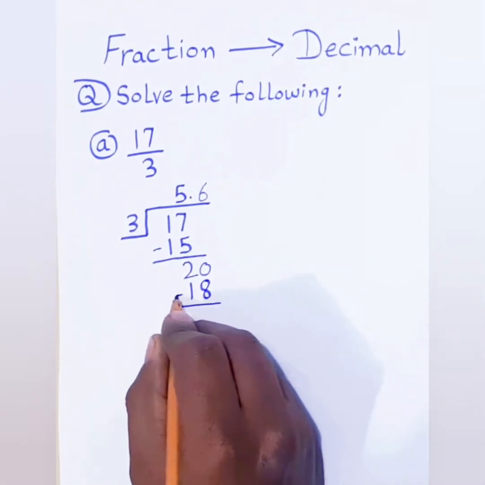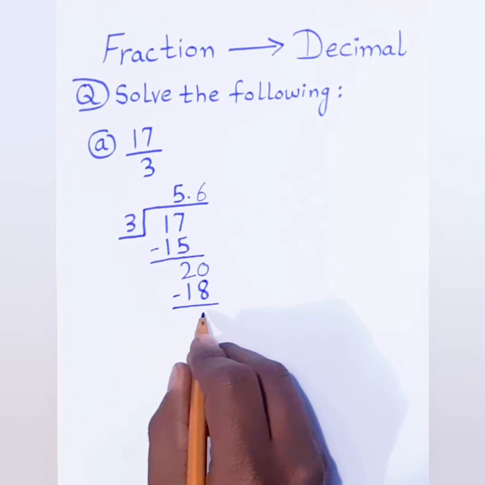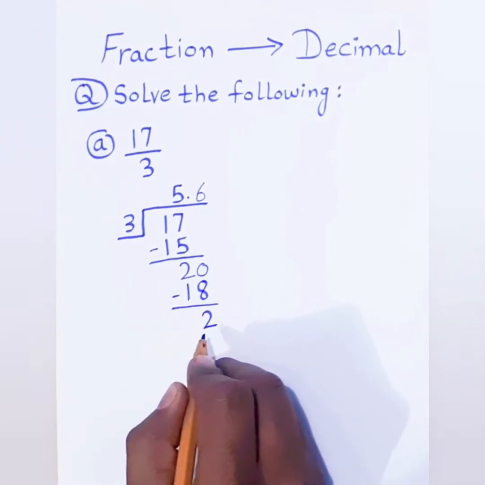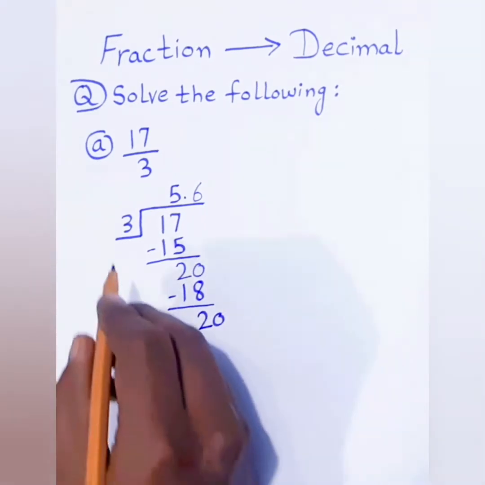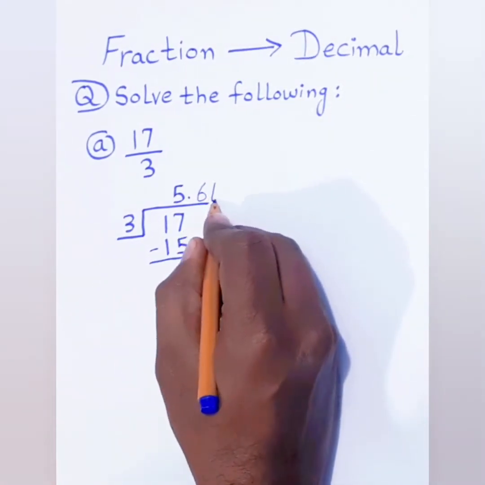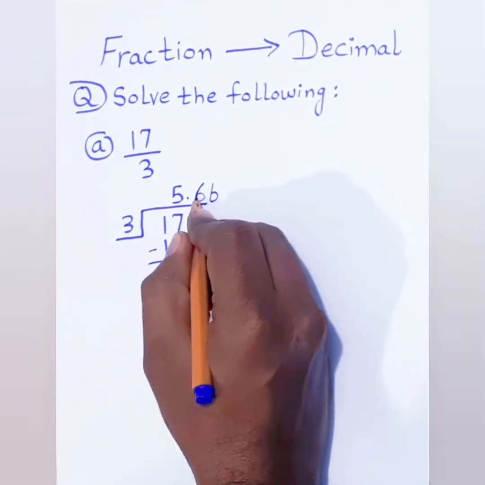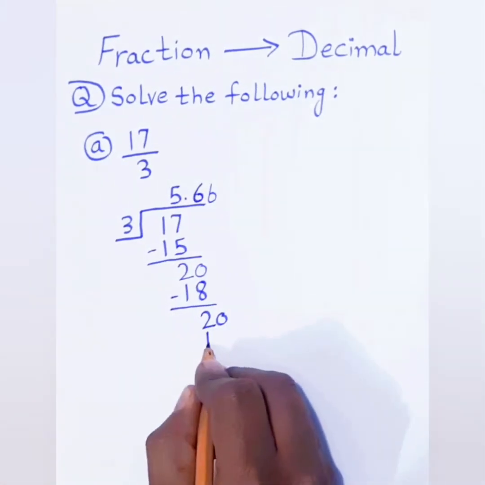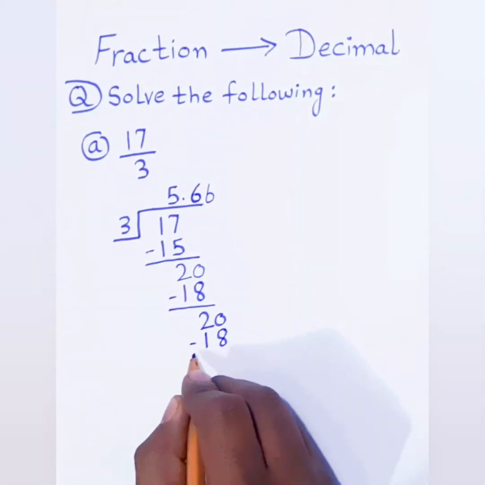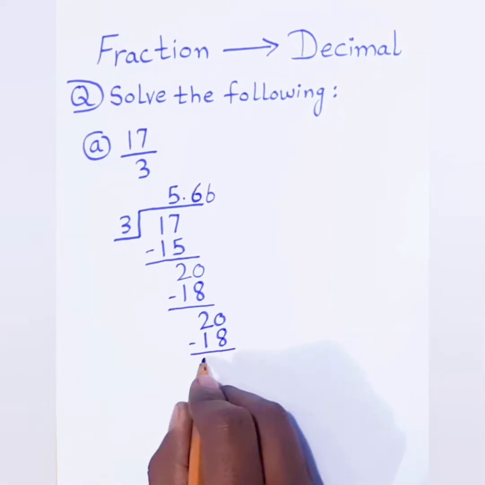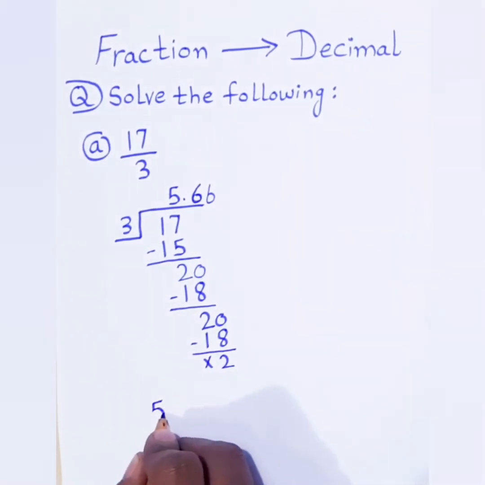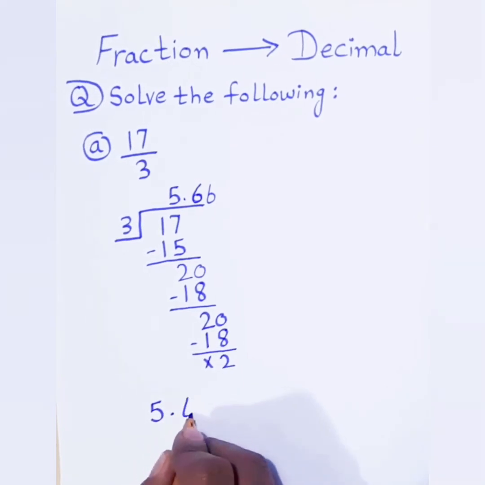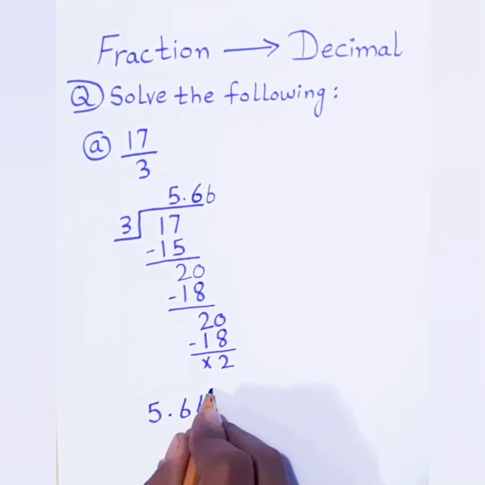So again we have to subtract. So what will be the remaining? Again 2. Again we have to add 0. And what will be the answer? 6 3s are 18. So 18 again here, and we have to subtract it, and what we got is only 2. So the answer will be 5.66